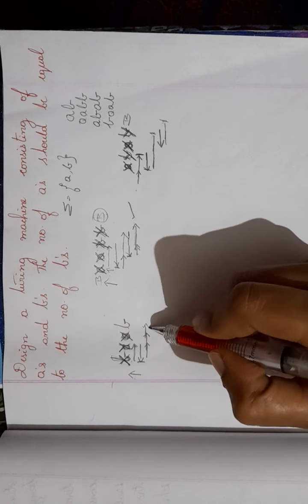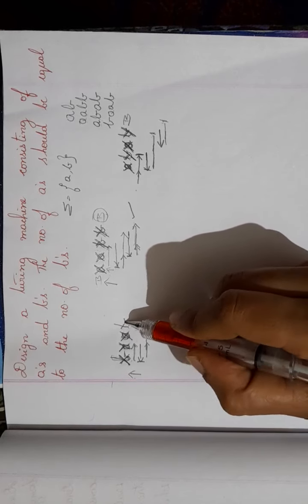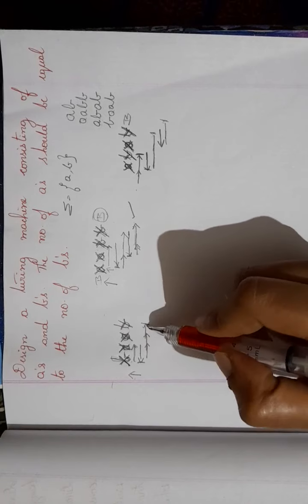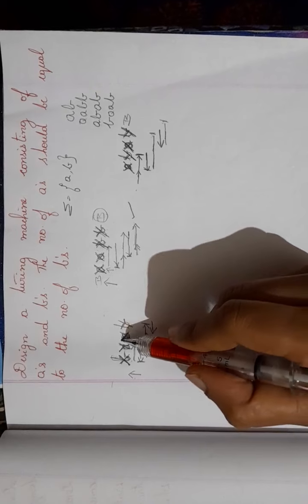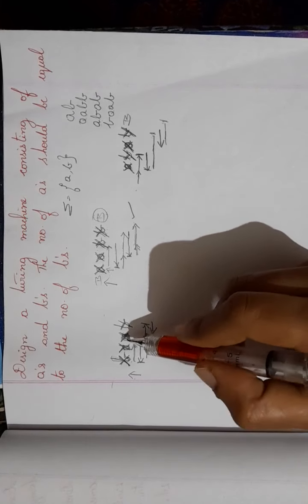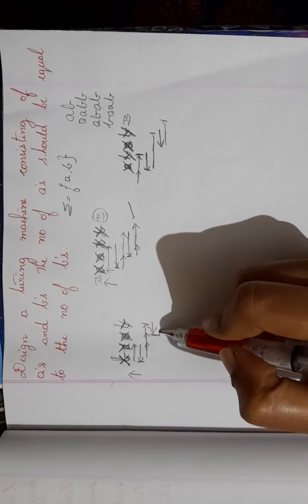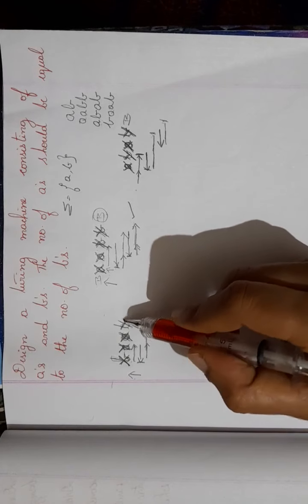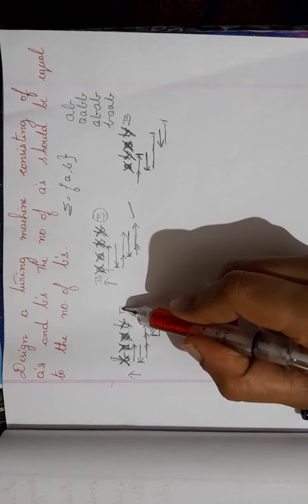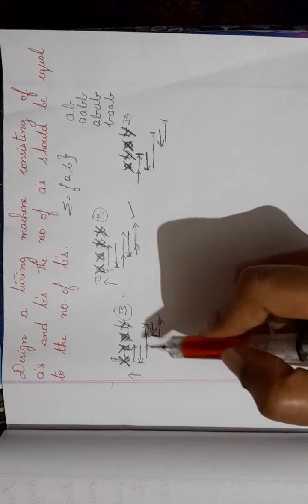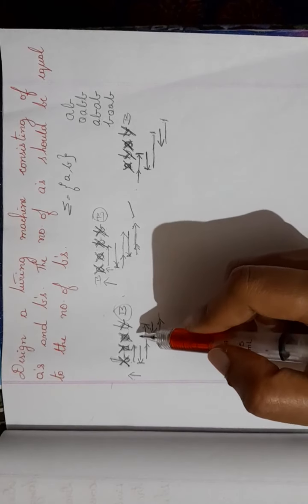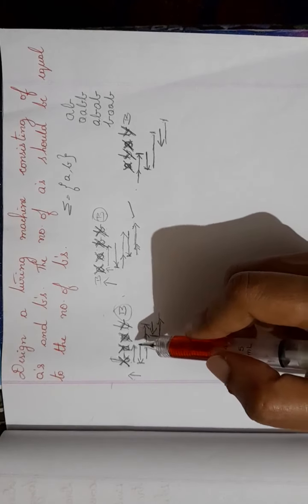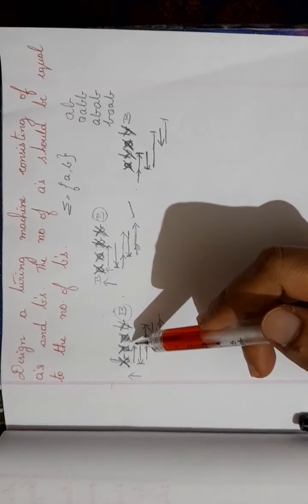You found B, stop here, change B to Y. Since you are changing it to Y, now change the direction. Keep moving left till you find X. I found X, stop, keep X as it is, change the direction. Y, keep Y as it is, keep moving till you reach blank. You have reached blank. So everything is converted to X and Y. So you can tell that in the given example BAAB, the number of A's is equal to the number of B's.